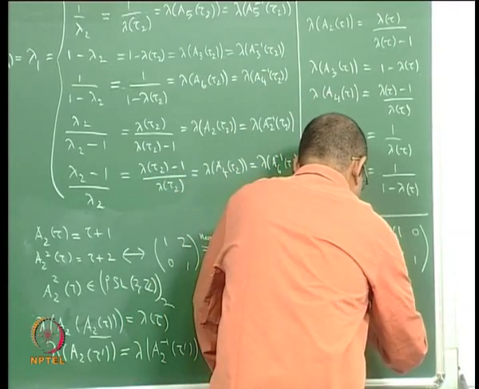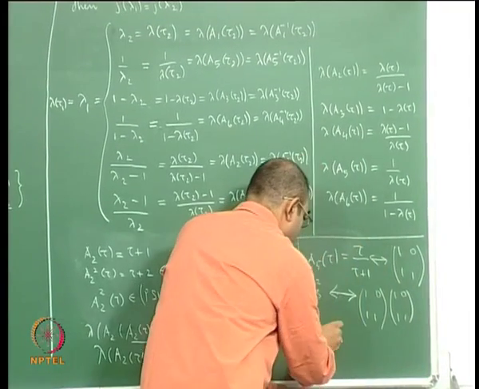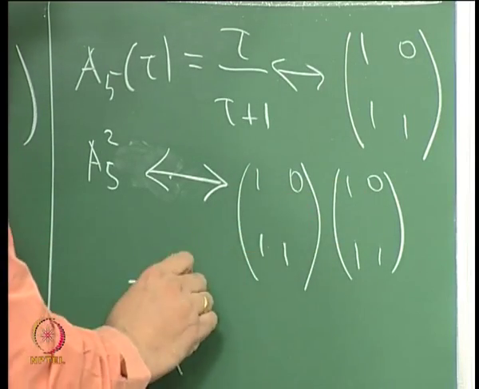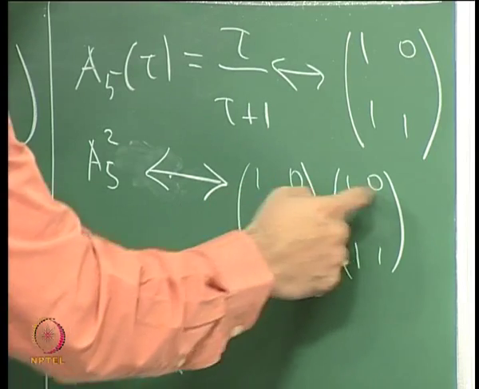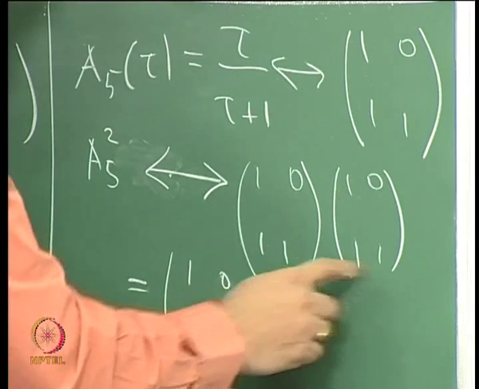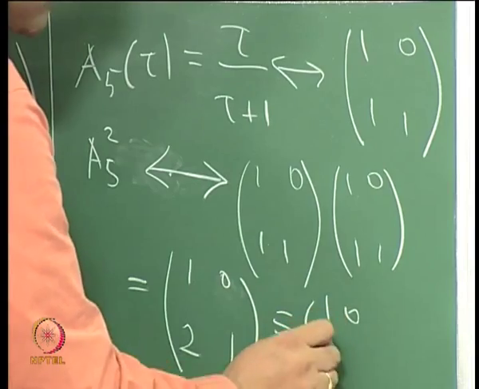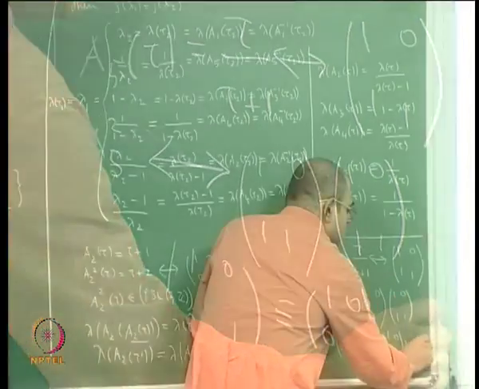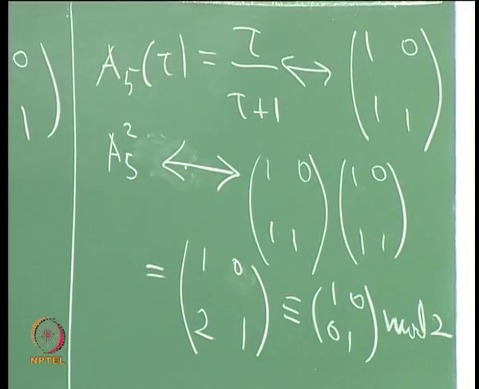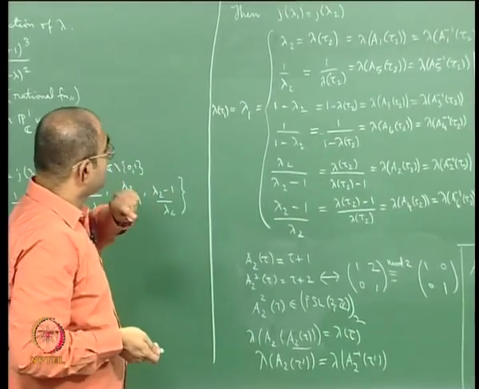So let me write it down: 1 0 1 1 times 1 0 1 1, if I multiply it, I will get something congruent to 1 0 0 1 mod 2. So the moral of the story is A5 squared is also in the congruence mod 2 subgroup, therefore lambda of A5 is the same as lambda of A5 inverse. Now you see